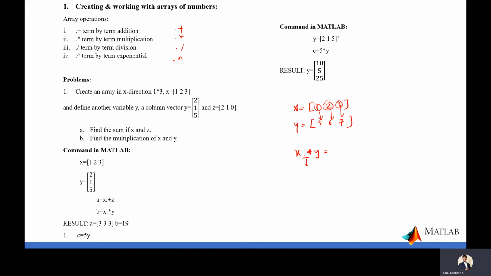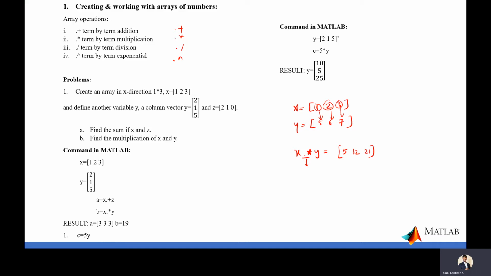If it is multiplication also, dot multiplication means 1 will be multiplied with the 5, 2 will be multiplied with the 6 and 3 will be multiplied with the 7. So the answer will be like what? Multiplication means 5, 12 and 21 will be there. Getting the point? So that is what the dot indicates. If the dot is not there, what happens? That we will discuss.